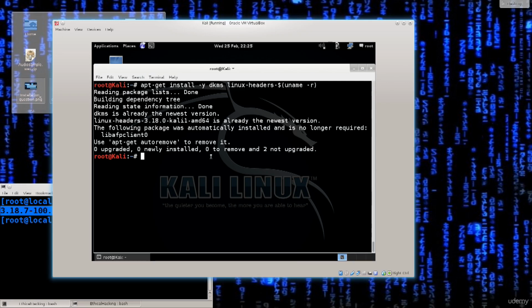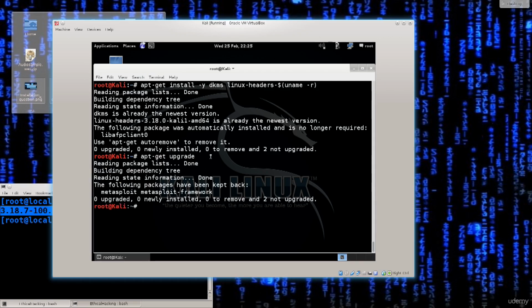The install process, I'm just going to go ahead and run apt-get upgrade. You want to make sure that this happens after the installation. I already did it, but just doing a bit of a show here. And it says that 2 of them are not upgraded. It says Metasploit and Metasploit framework, but it says that the packages have been kept back, so this is being done for a valid reason. We will get into that a bit later on, but for the time being, let me just go ahead and